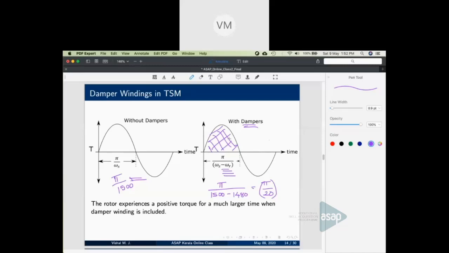And remember, what I am saying is that with a true synchronous mode of operation, you don't need starting dampers. Hunting dampers are needed. Okay, I think you understand the difference between these two. If anyone doesn't, please ask in the question answer session. I will explain that. Those who know it, please remember, a starting damper is not needed if you are operating a synchronous motor in true synchronous mode of operation. However, hunting dampers are still needed.